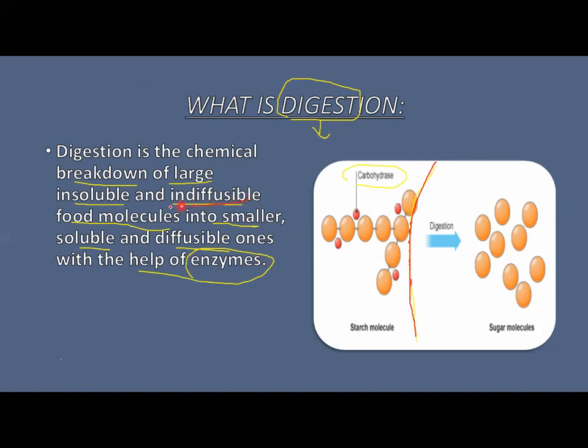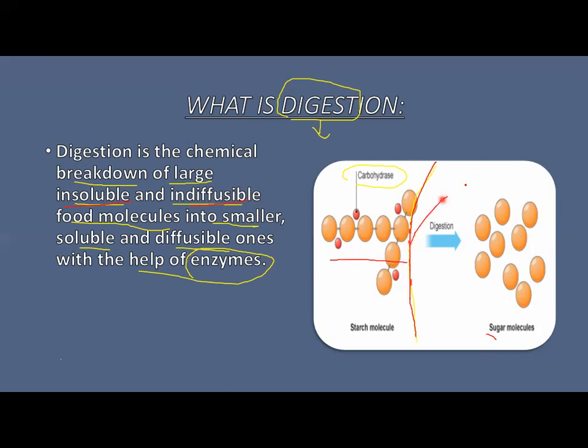Similarly, indiffusible form and insoluble form as well. So if you want to cross it through the cell membrane, you will break it down into the smaller form, so that it can get into our bloodstream. So the process which involves the breakdown of large insoluble and indiffusible food